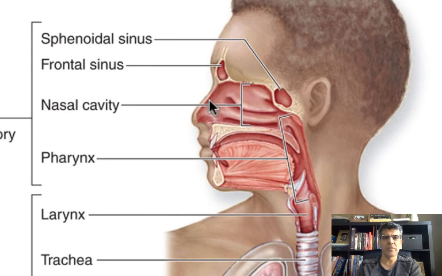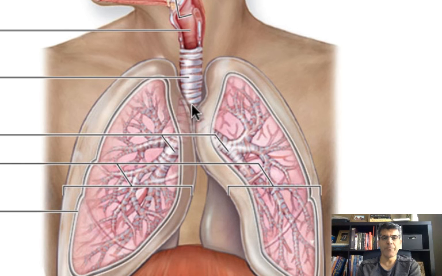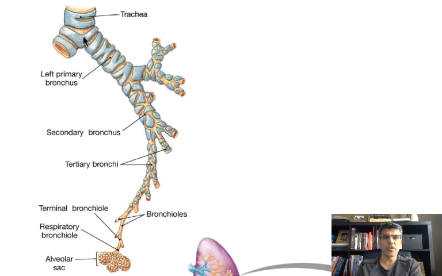We said it's going to start from the nose. The air is going to come inside this tube. It's called pharynx. And then it's going to go to this part. It's called larynx. Another name for larynx is the voice box. And then it's going to go to this pipeline. It's called trachea. And then trachea is going to branch off and go to each lung. Each of these branches that goes to each lung is called bronchus. We have right bronchus that is going to go to the right lung. We have left bronchus that is going to go to the left lung.